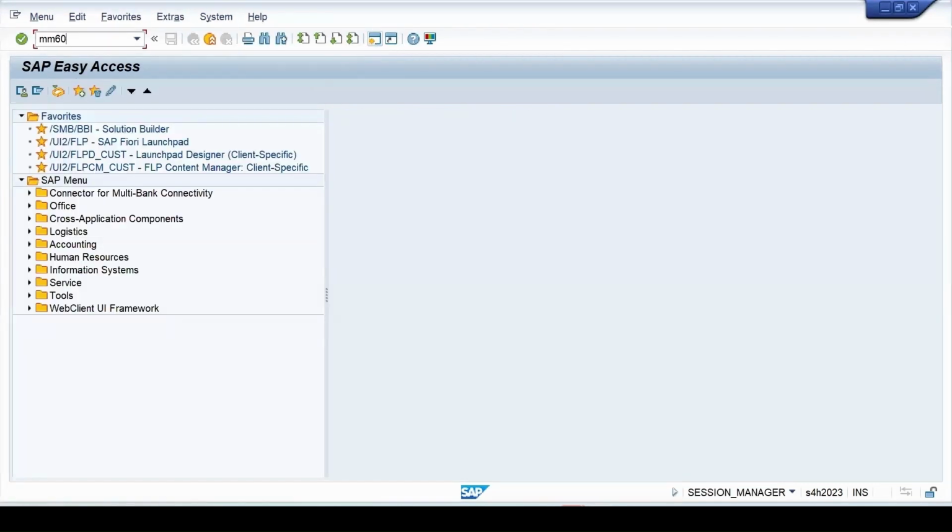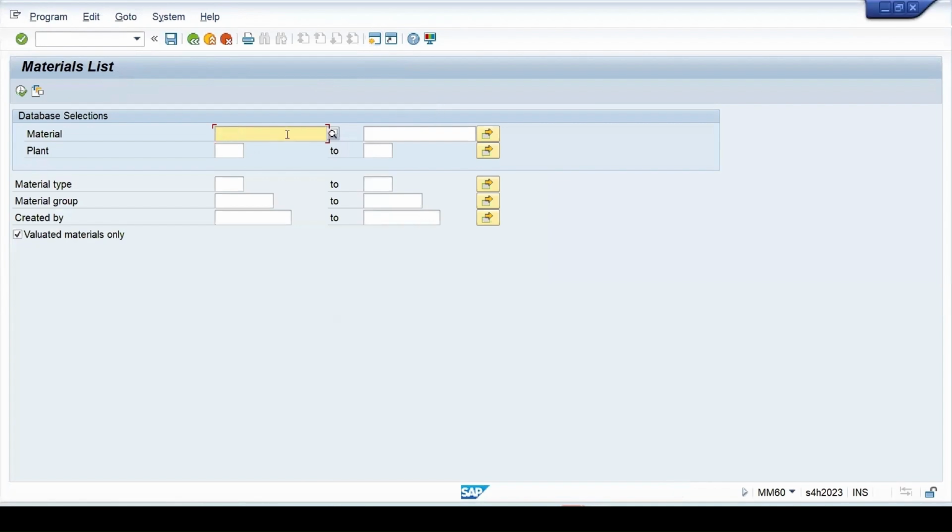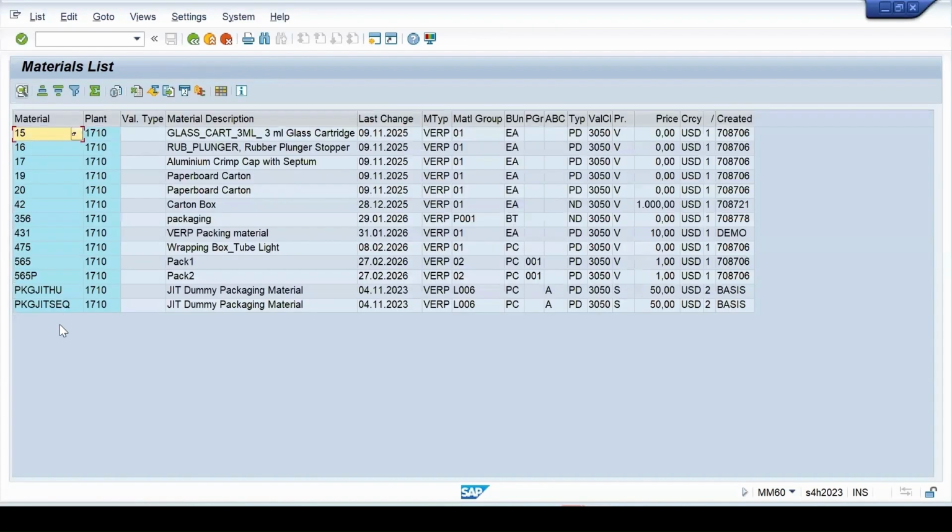MM60, enter. And here, let me move this. Just now we have created two materials for the packaging. So my material type was VERP. Click on execute. We have created these two packaging materials. This was created with the internal number which was available, and this